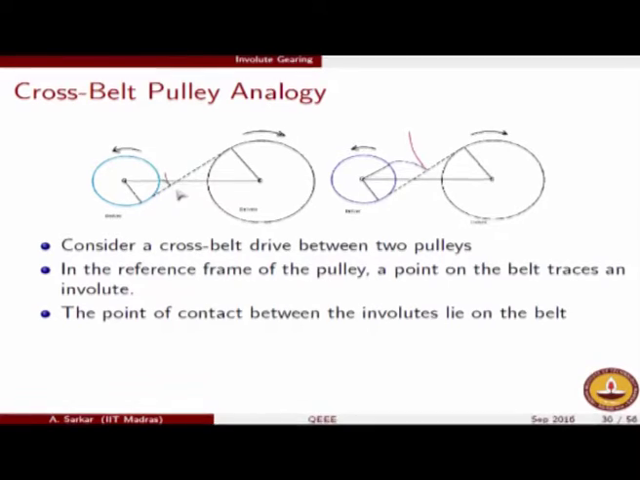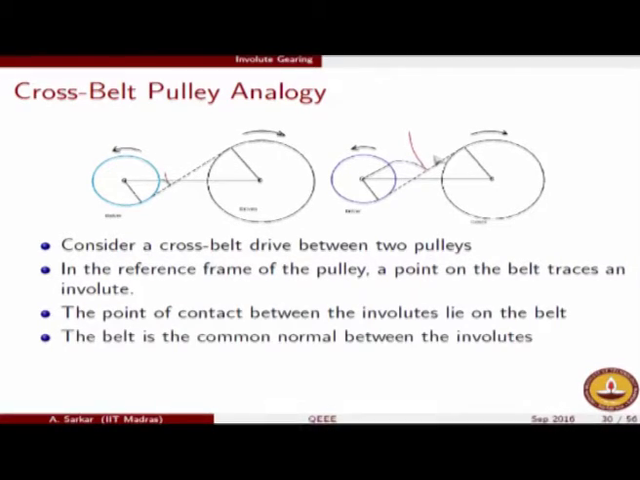So the point of contact between the red and the blue involute is, as you can see from these graphs, going to lie exactly on the point on the belt, and the point on the belt is definitely on the internal tangent between the two circles. The point of contact, we can conclude, between these two involutes will lie on the belt. The belt is the common normal between the two